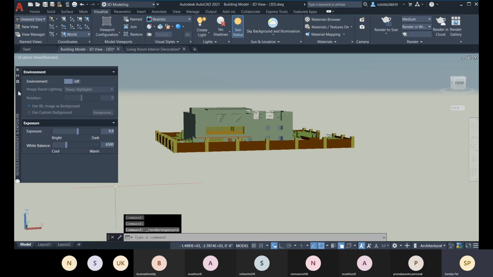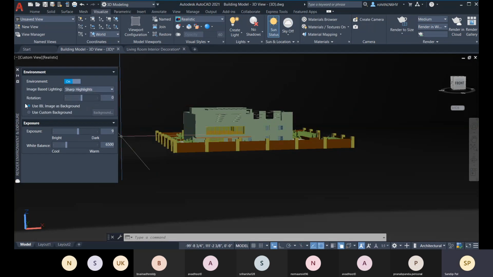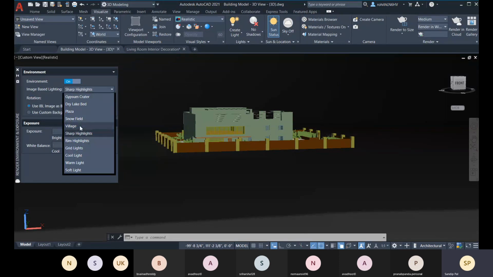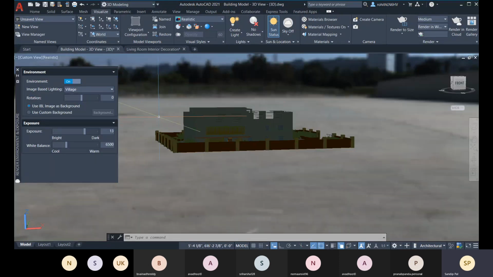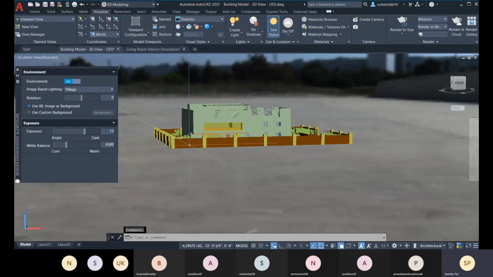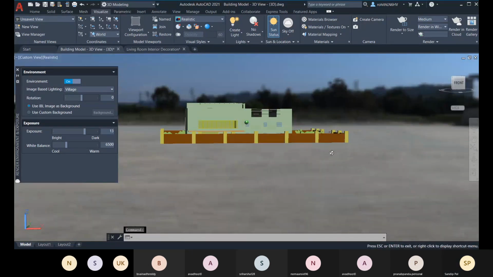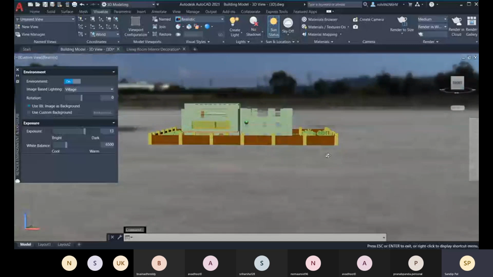You can also type environment, and there you can see right now we don't have any environment. First, turn on the environment, and we have two different options. You can either use a custom background or you can go for this IBL. IBL is image based lighting. So as per your image, you will have some lighting. For that, let me choose, like, village. If you go for village, that kind of lighting you will have there, and that kind of background you will have.